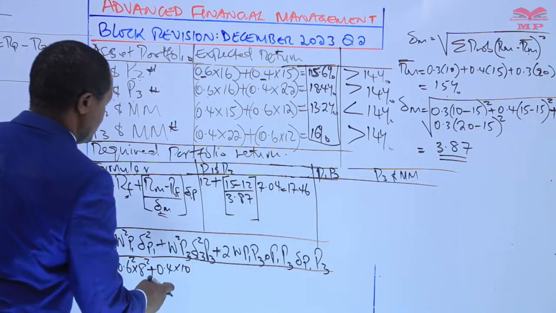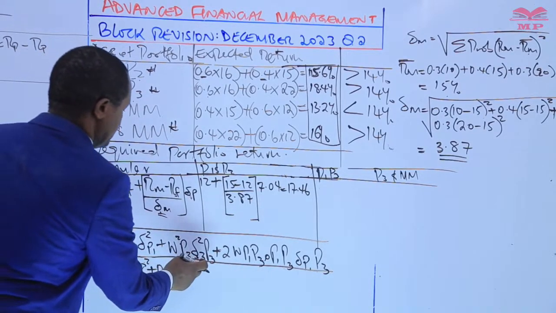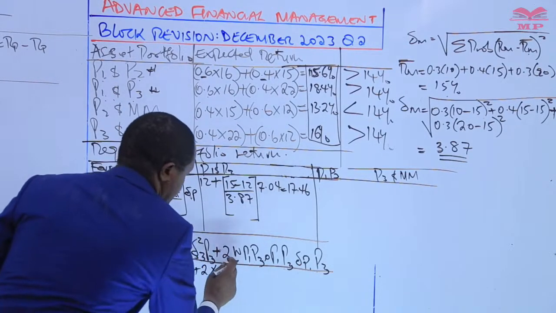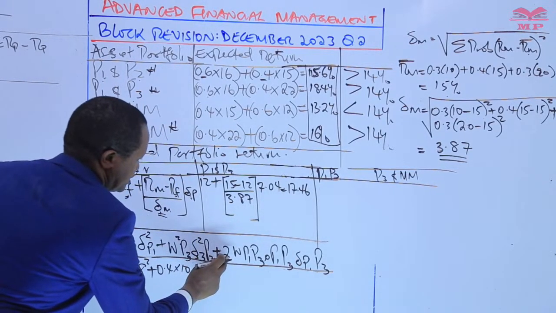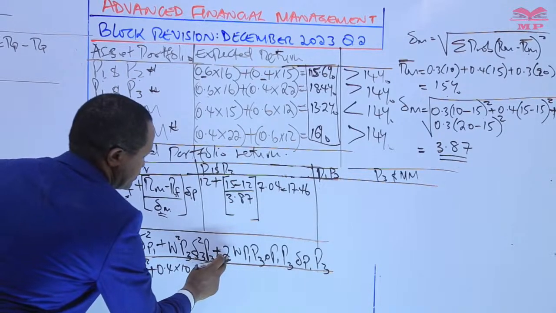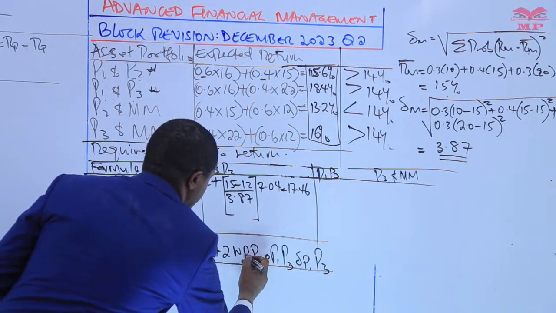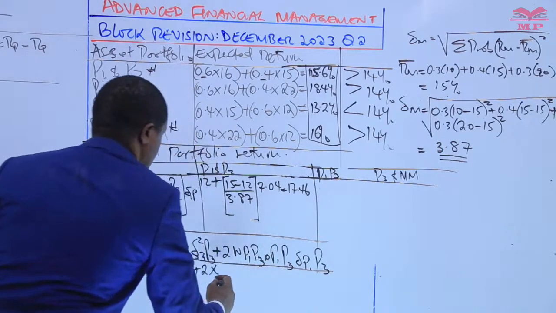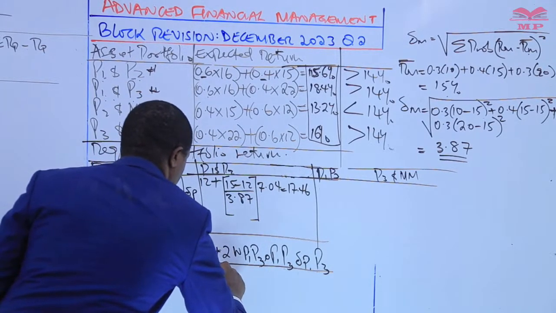Okay. So we have 0.4 P3 plus 2 times the